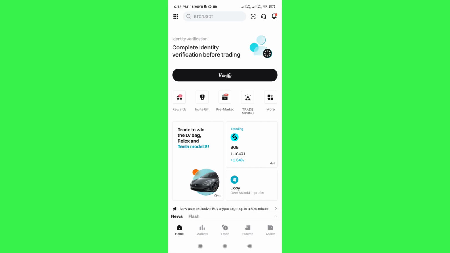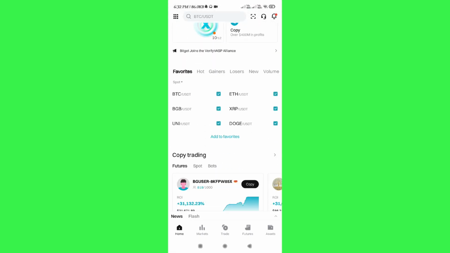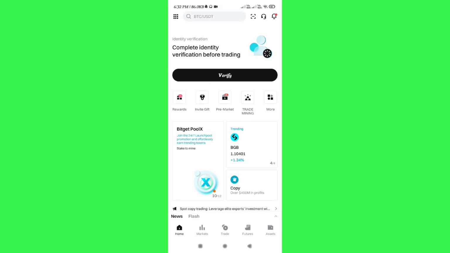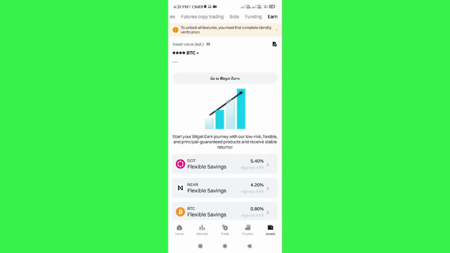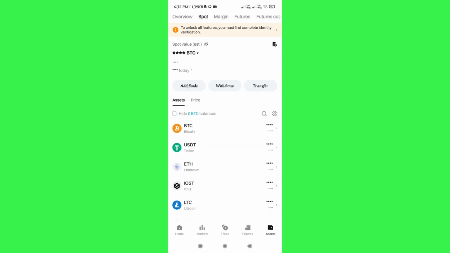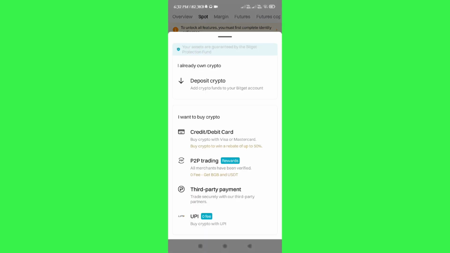So in order to do this, you first need to launch your Bitget mobile application, and once you are on the home page, first you need to tap on the assets tab in the bottom right hand corner. Then you need to tap on the spot tab in the top. Over here you need to tap on the add funds option, and here you will be able to see various